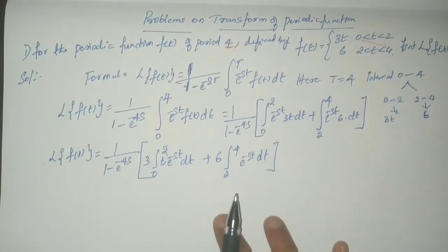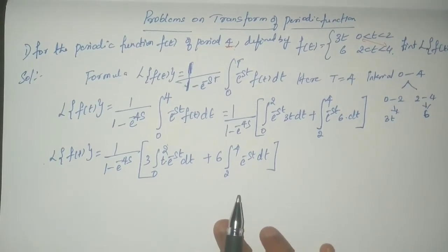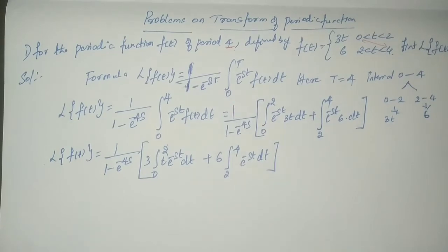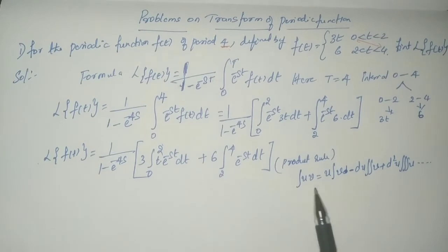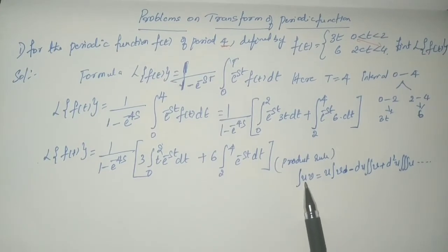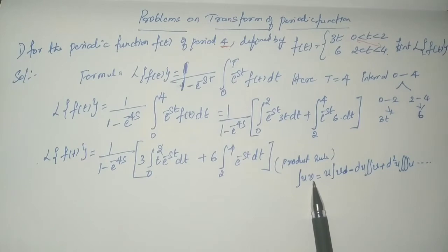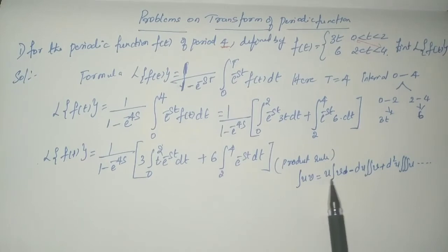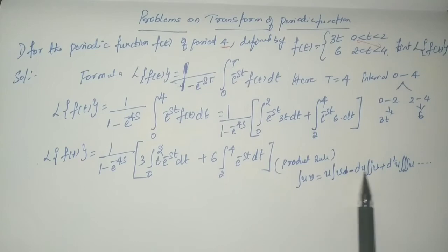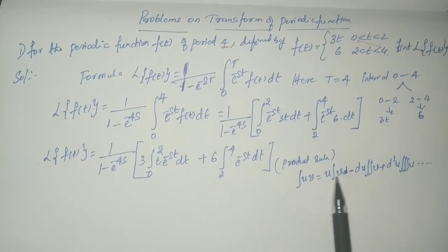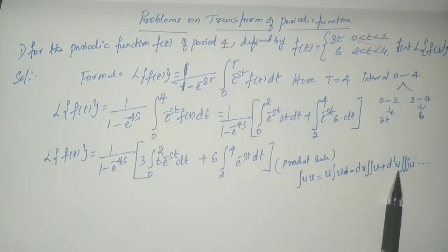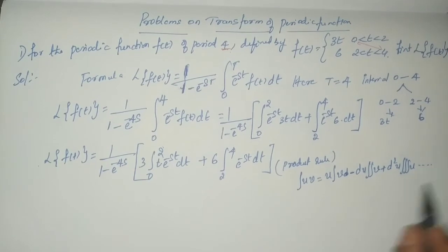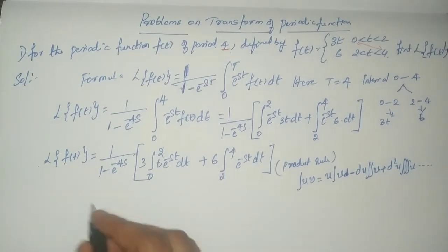So I am using the product rule. For the first term we need to apply integration by parts. Make sure the first term is a polynomial always, the second function is any continuous function. So it is first term into integration of second term, alternate plus and minus sign, so it's minus differentiation of first term into double integration of second term, plus 2 times differentiation of first term, 3 times integration, and it goes on. So I am going to apply this here.